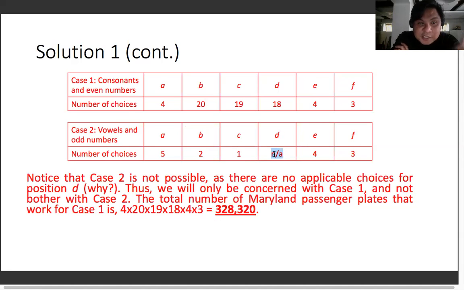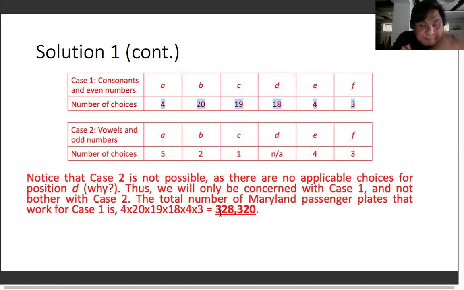Thus, the total number of plates that satisfies question C is only the answer for case 1. So if we multiply the 6 numbers together, 4 times 20 times 19 times 18 times 4 times 3, we get 328,320. Right? So these are the only possible plates that will satisfy question C because we don't